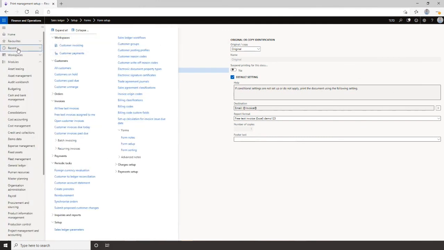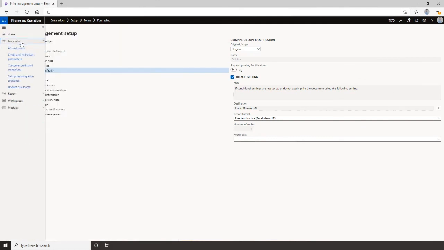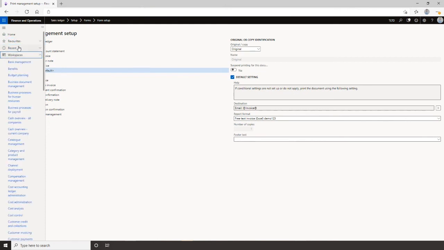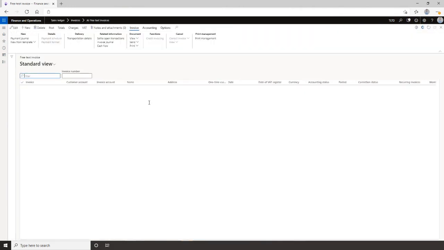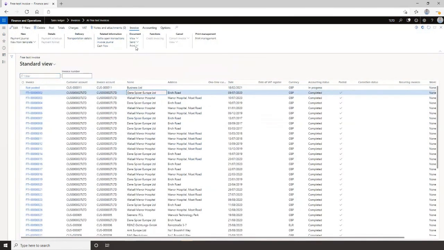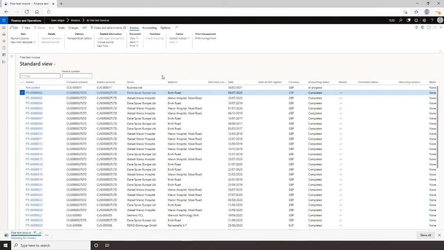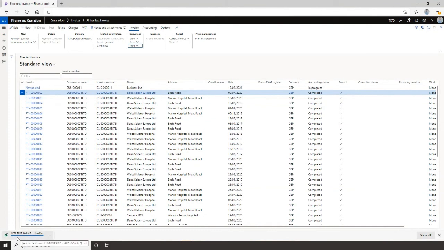I'll now jump into my free text invoices with that new template, and I'll just quickly run a print of that. Now, just one thing, what you will see here is it's going to come up in an Excel format. When you're actually generating them as part of the normal BAU process, it's generating an output in a PDF format, which is obviously what you would typically want your invoices being in PDF. So you're locking in, people aren't editing them. But just to give you an idea,